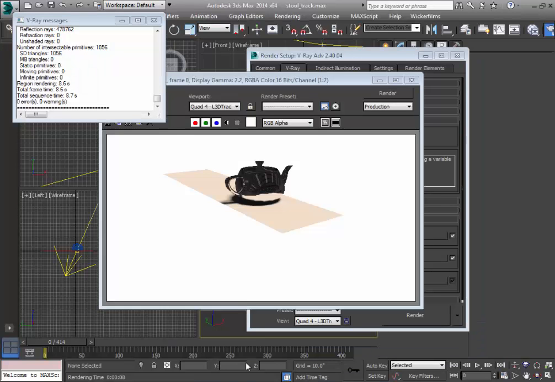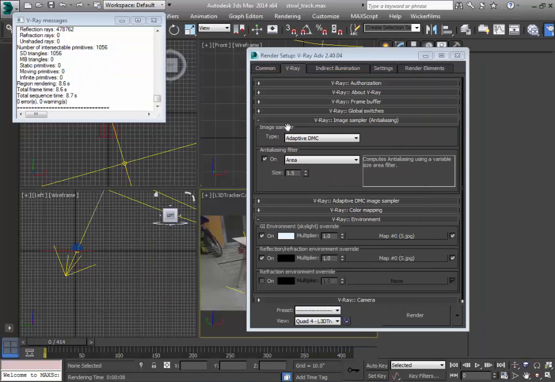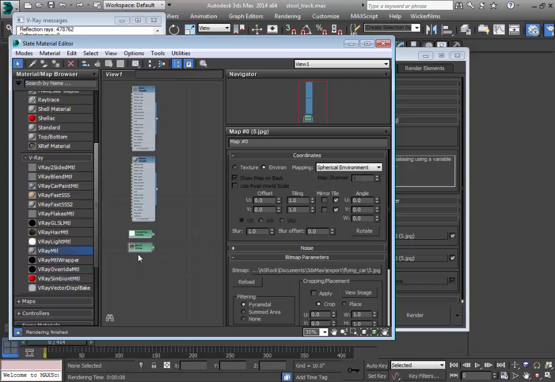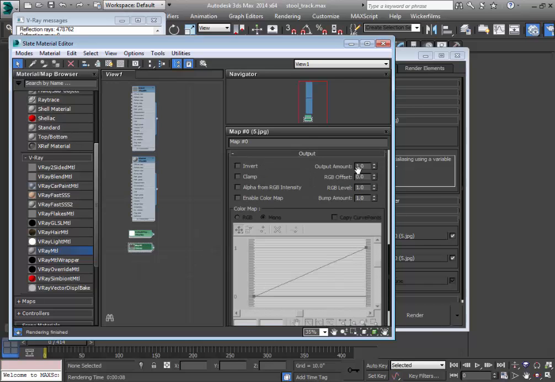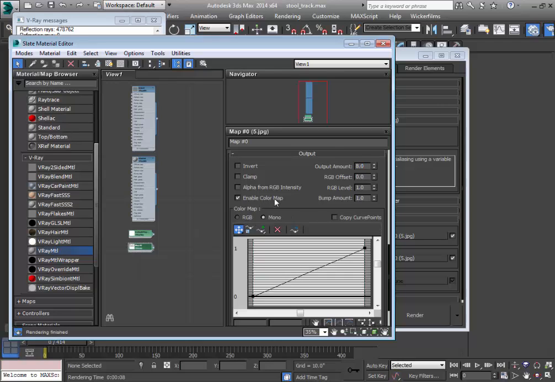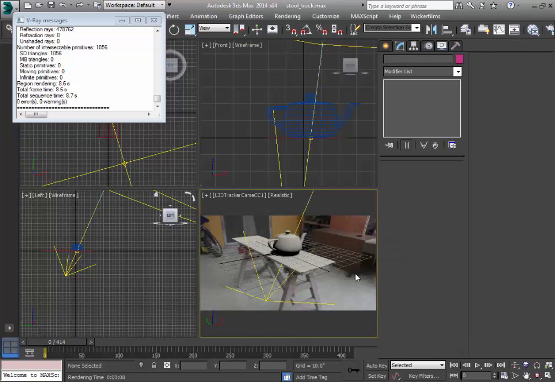To fix that, we can go to our materials, double click this, and let's brighten it in the output. Maybe change this to about, I don't know, 7 or 10 maybe. Let's try 8. And while we're here, let's enable color map and brighten it up a little bit. So now, if we render that,